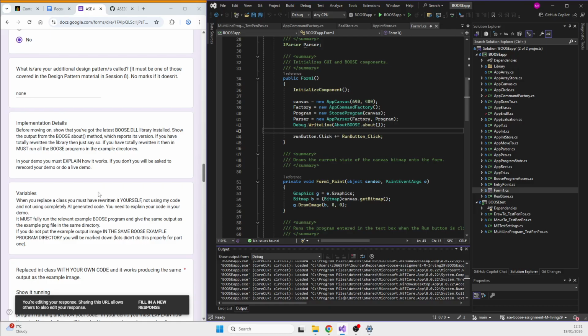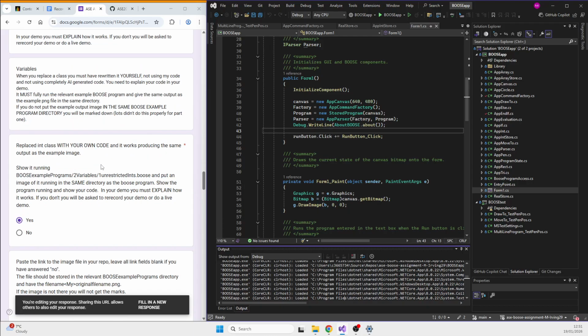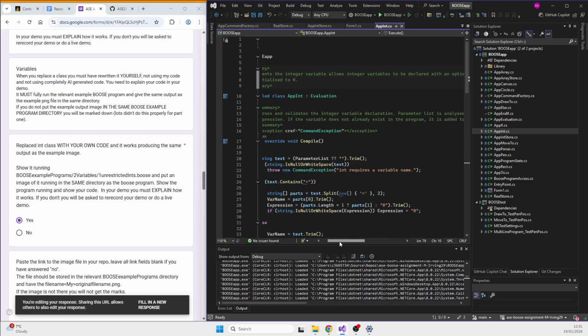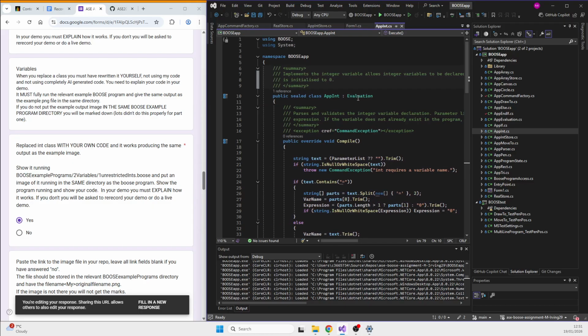So, variables. So I did manage to get the ints replaced and working. So I will quickly run through this. So I guess I'll explain it before I show it. So yeah, app int.